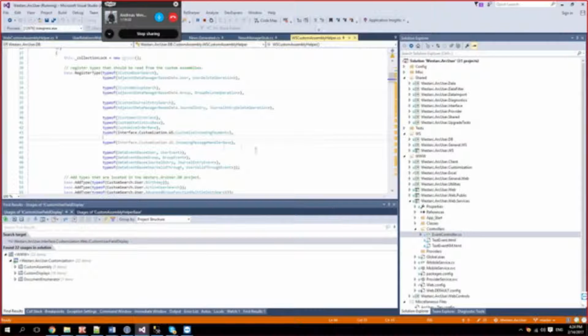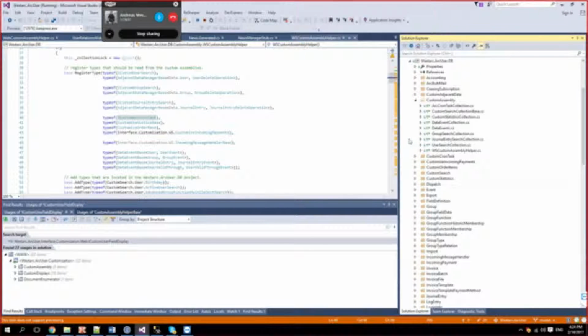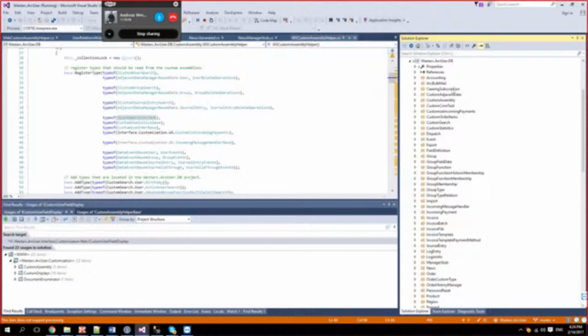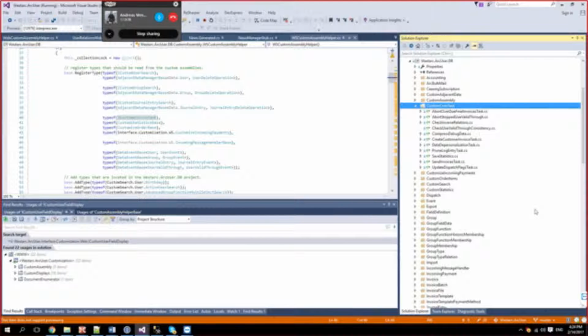Okay, so you need to implement this custom arc cron task, and you have a bunch of examples of that one. Let's see, custom arc cron task. Let's have a simple one.